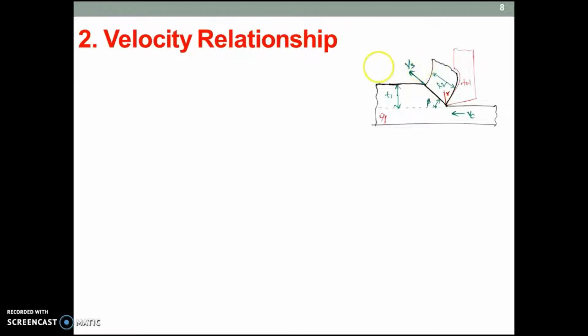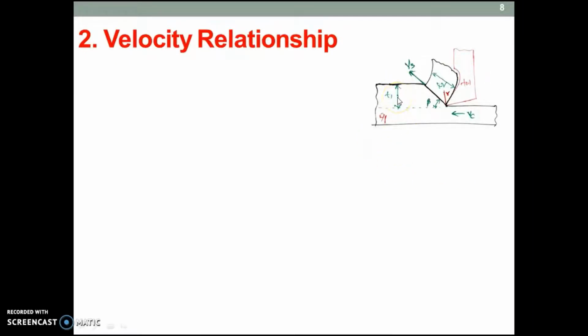And the Vs is making some angle beta. The beta is called the shear angle with the cutting velocity, and another angle you can see here is gamma, which is nothing but your back rake angle. Normally in the first class we discussed in the tool signature what gamma b is. So here I have written gamma, but normally it is gamma b, which you will most frequently see in problems. Don't confuse gamma b and gamma s. So gamma equals gamma b here, as I already mentioned in the previous slide.